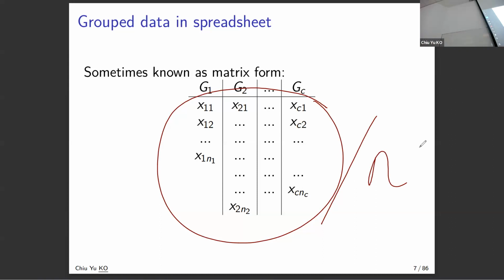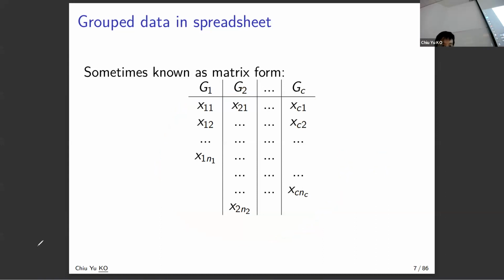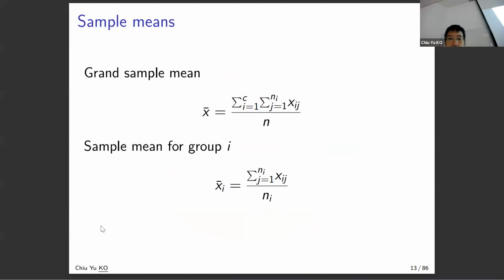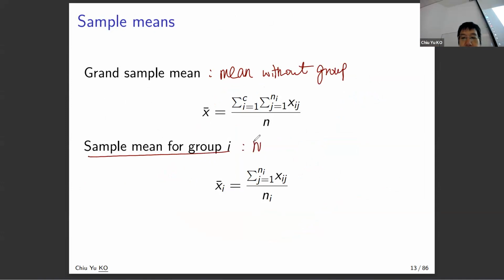You forget about the group, just the mean. That is the grand mean. And the sample mean for group i is just the mean